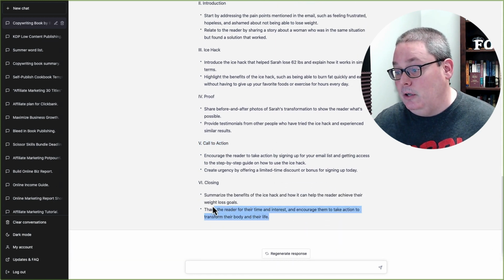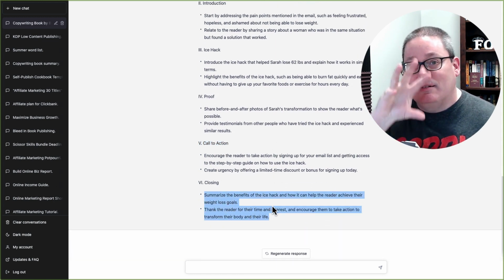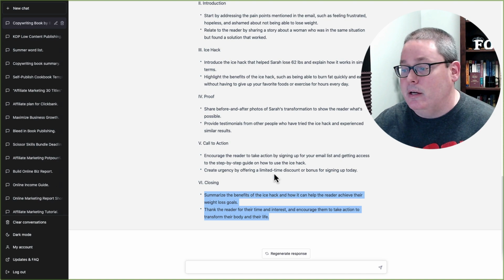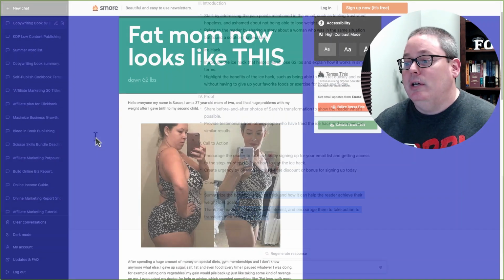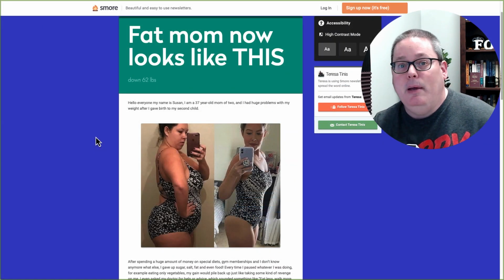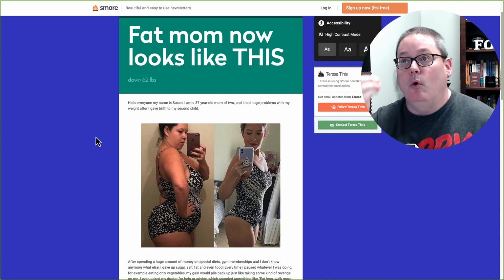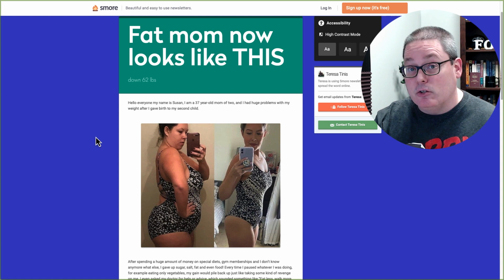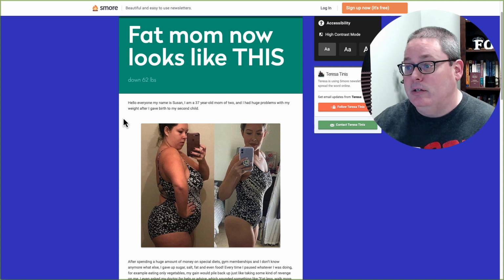And then you're going to close with a video or something that summarizes everything that's going on to give them a real reason to want to get this product that you're promoting on the squeeze page. Check out this squeeze page. This squeeze page is what the information would look like once you laid it out visually on a squeeze page that you actually got from ChatGPT.